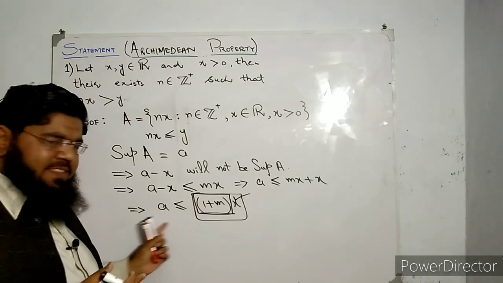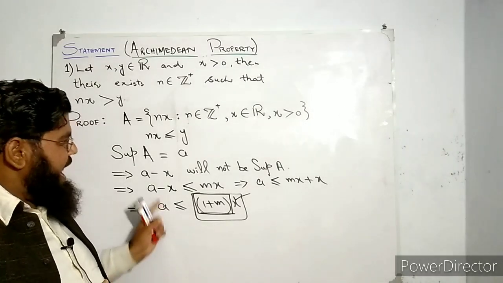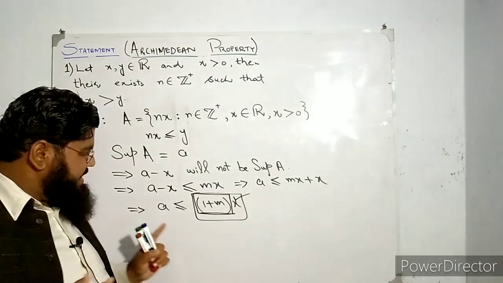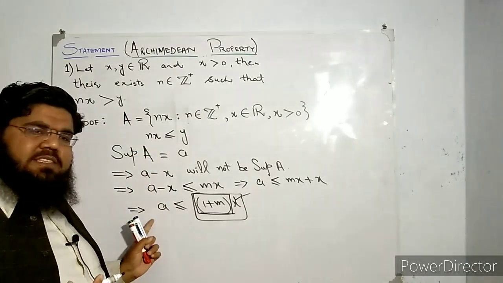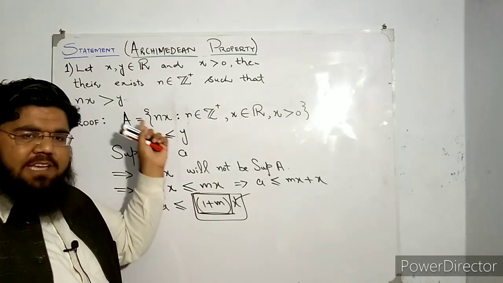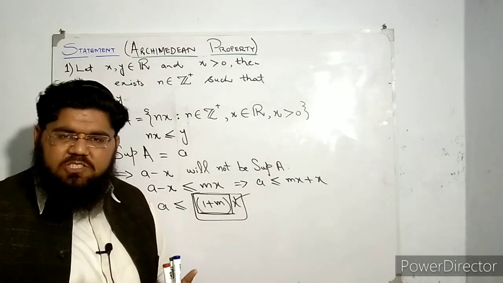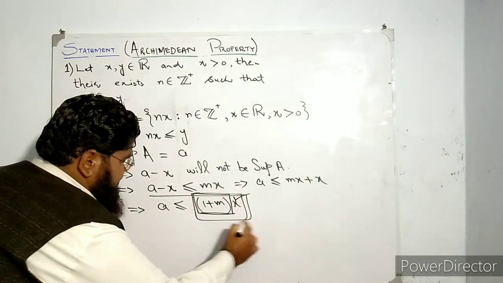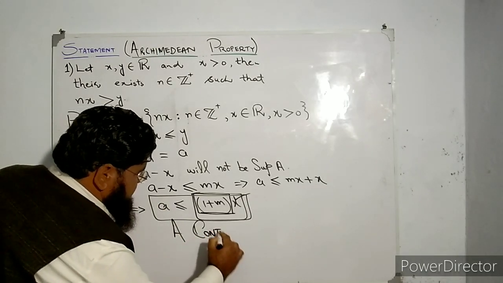So what is the anomaly here? What is the problem here in this line? The problem is that you have stated this a as the least upper bound, as the supremum of the set A, which means that this a is greater than or equal to every element of the set A. But here you can see that this a is looking like less than or equal to some element of this set. Is it possible? My question to you is, is it possible? Of course it is not. Why? Because a is the supremum. So this statement here is actually a contradiction. This is a contradiction.